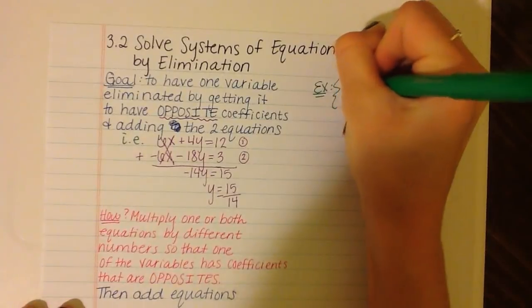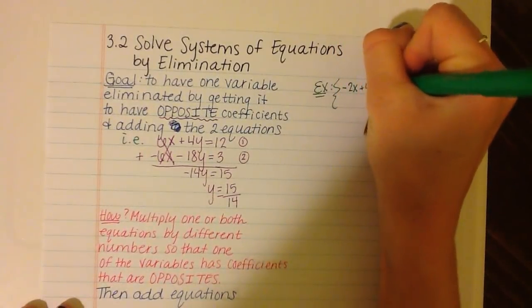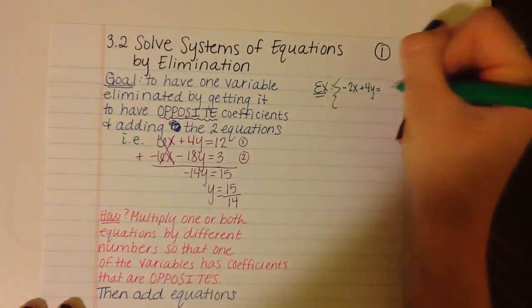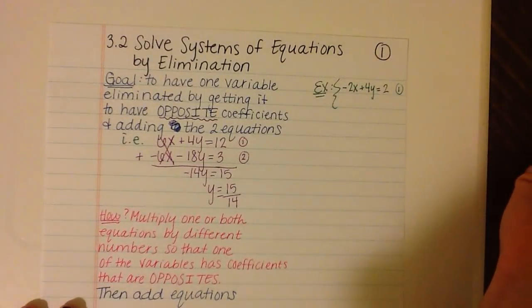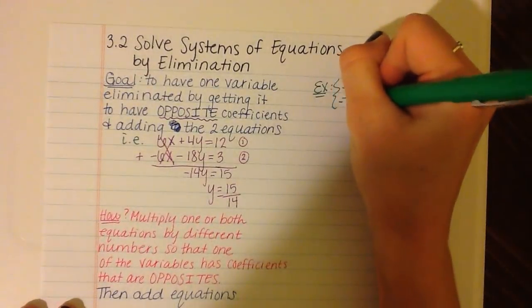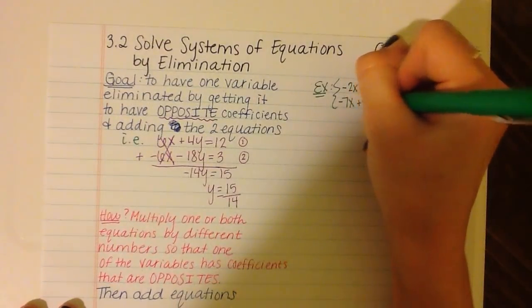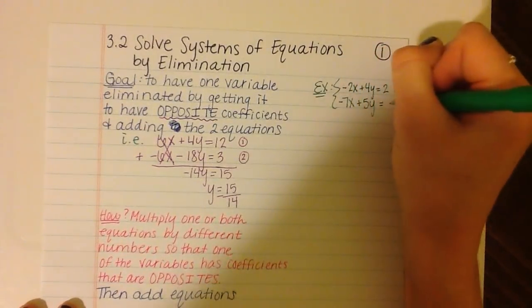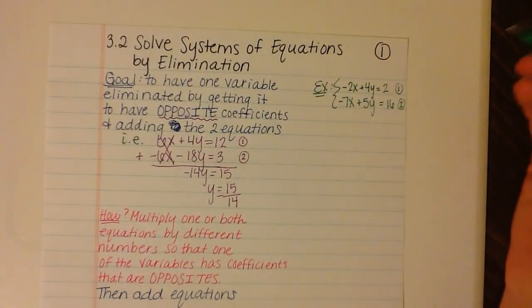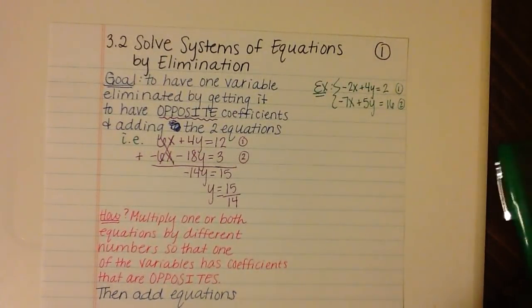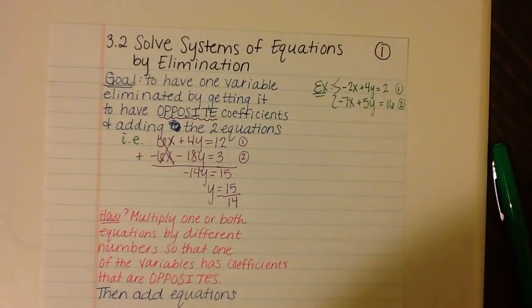So let's say we have negative 2x plus 4y equals 2. And that is our first equation. And we have negative 7x plus 5y equals 16. And that is our second equation. So we have two equations. So one thing you have to remember,